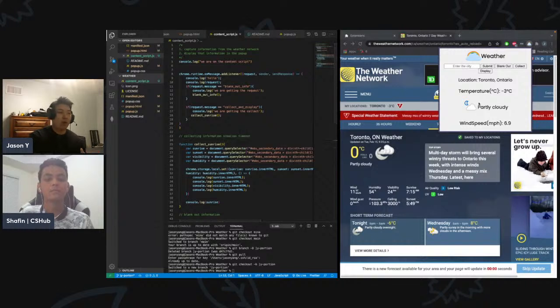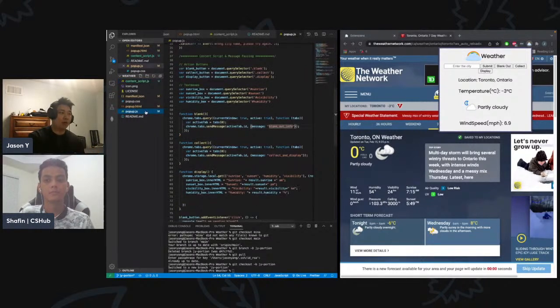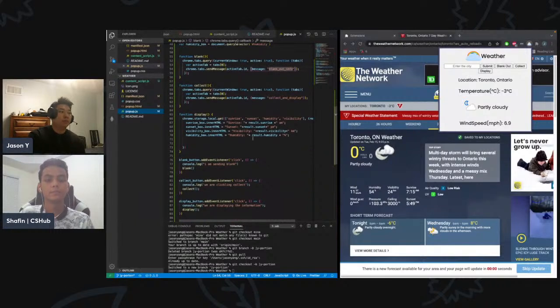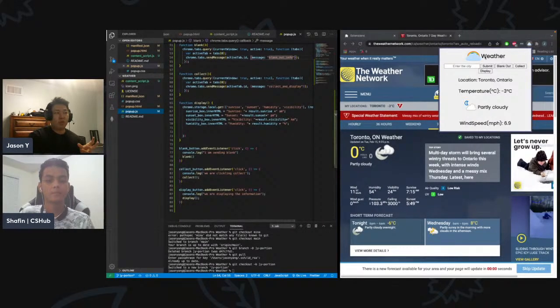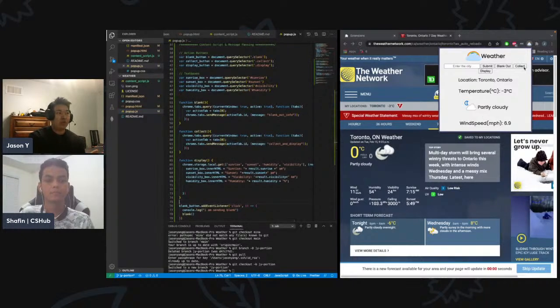All right, now we have another problem. The weather network also collects and displays information that we currently don't have access to in our third-party API. So what do we want to do with that information? We want to collect that information, right? So let's go back to our popup.js. And again, remember the popup.js is going to be responsible for referencing this pop-up window. So what we want to do is we want to define our collect button. Now what our collect button is going to do is it's going to collect the information that we don't have